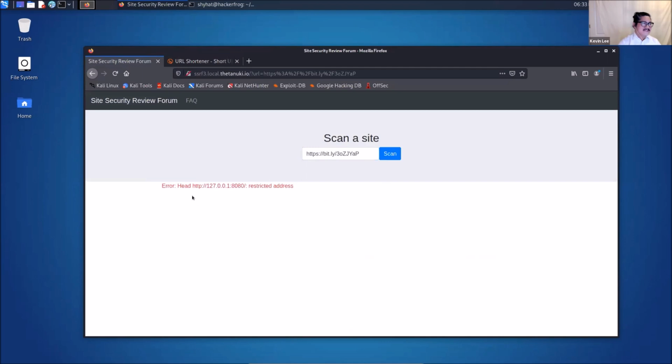Yeah. So it says here that HTTP, this is a restricted address. So even if it's redirected, 2 people have done level 3. Well, I mean,